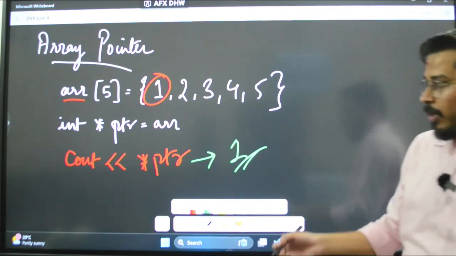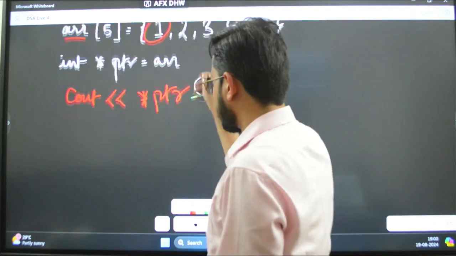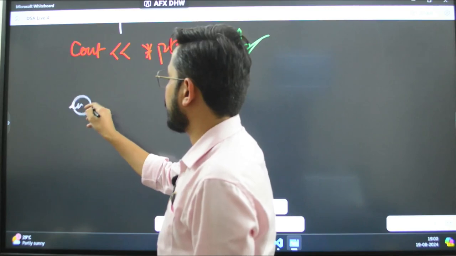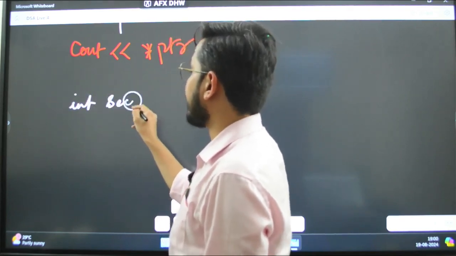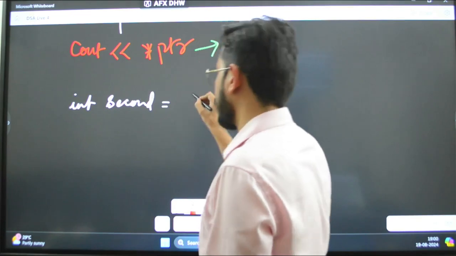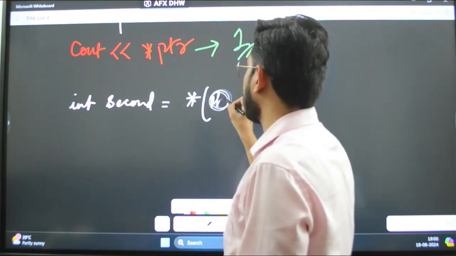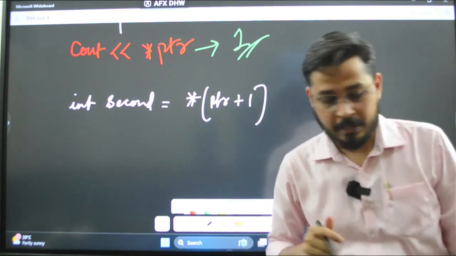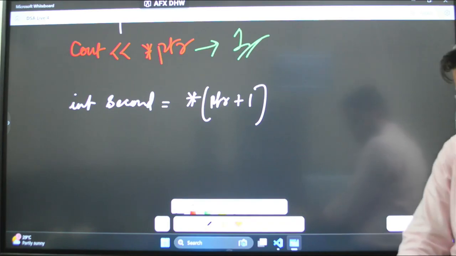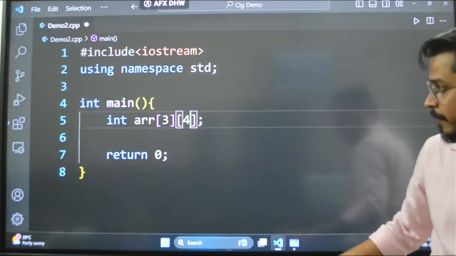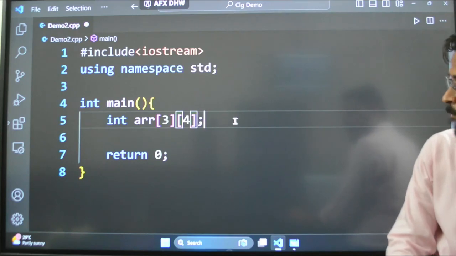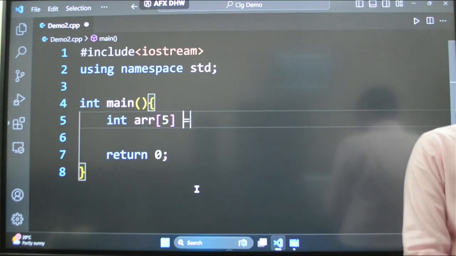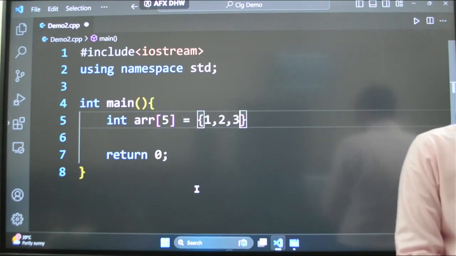Okay. If I want to access the second element, I would have int second variable equals to star of PTR plus 1. This is going to be the second element. Let us quickly try this. I have created int ARR of 5 where I am storing 1, 2, 3, 4, 5.